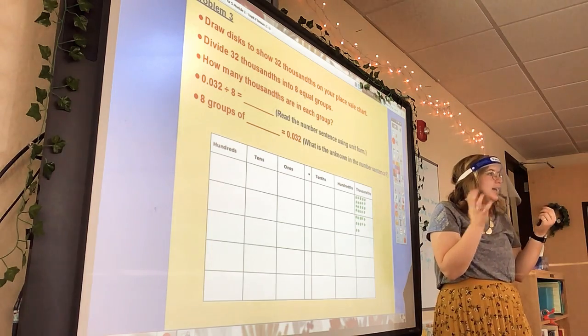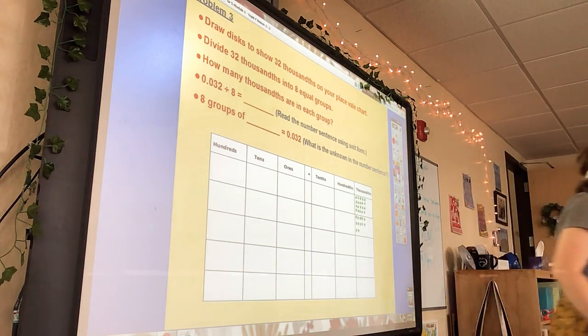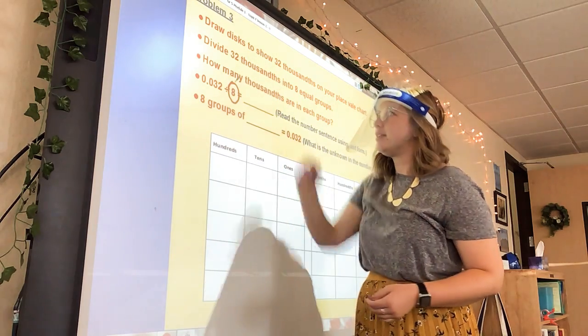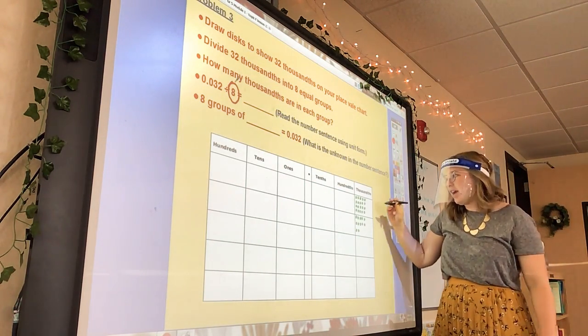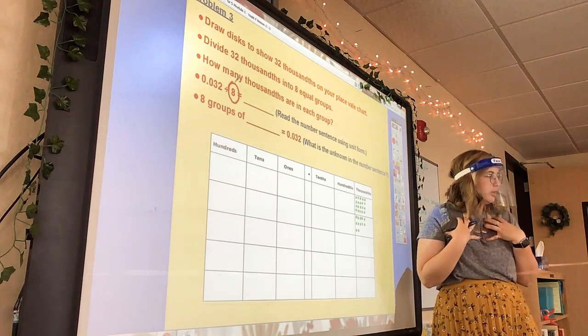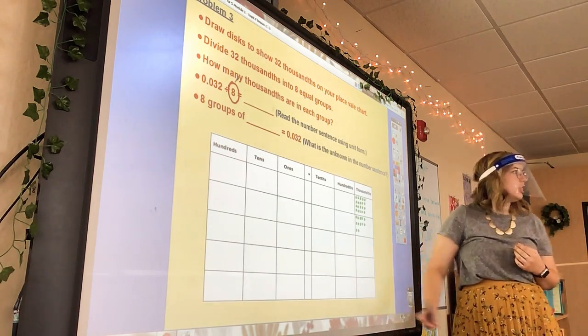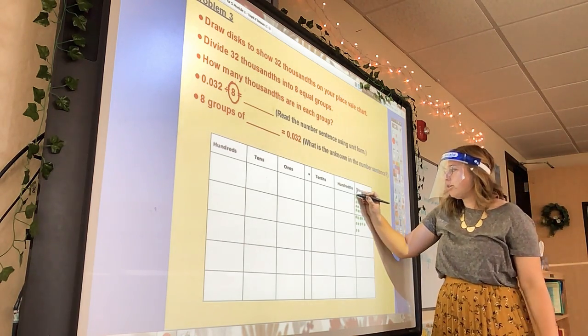Although we know that 4 times 8 is 32, pretend like you don't know that. So you would need to go based off of what the divisor is. Remember Miss Witt likes to circle, but if you did 8 groups and then put 1 in each until you ran out, totally acceptable too. But I'm going to go ahead and circle